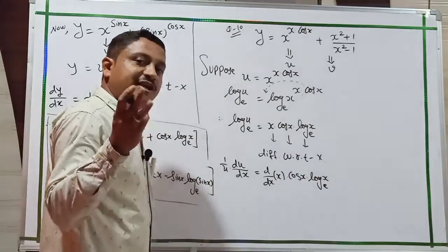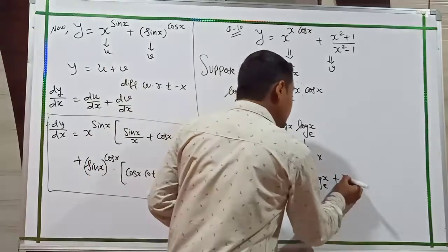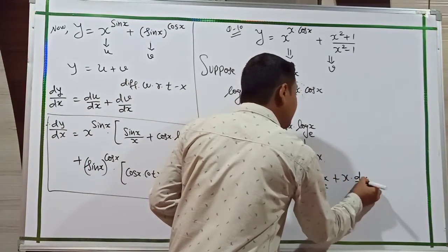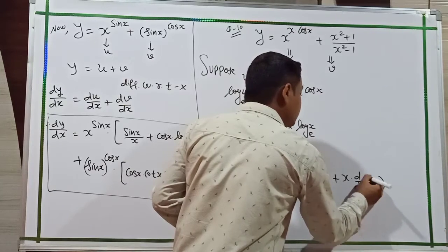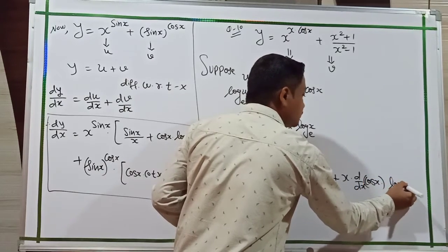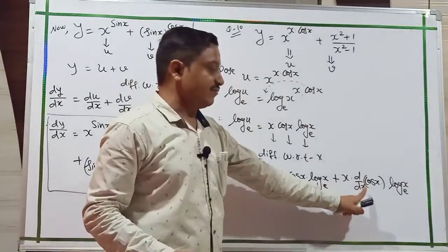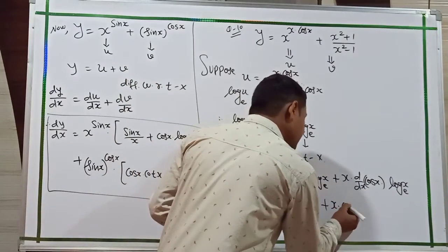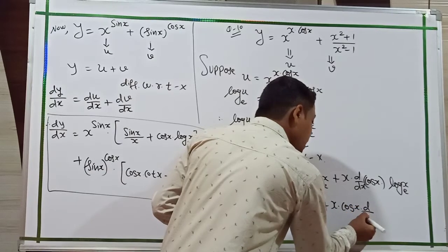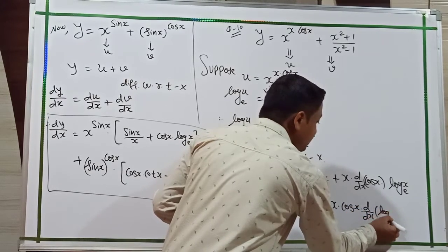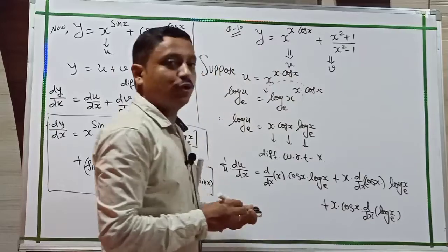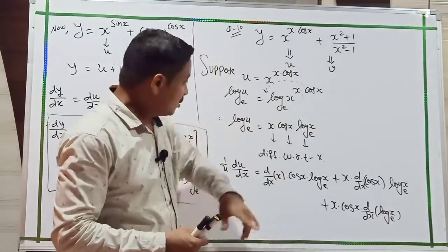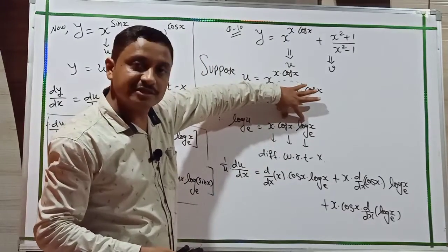Students, three functions are related by the product rule. First derivative, and the second and third functions stay the same. Then only the derivative of the second function, and the first and third stay the same. And last, the first and second stay the same, and the derivative of the third function. One more time, students: in the product rule, first derivative, the last two as they are.